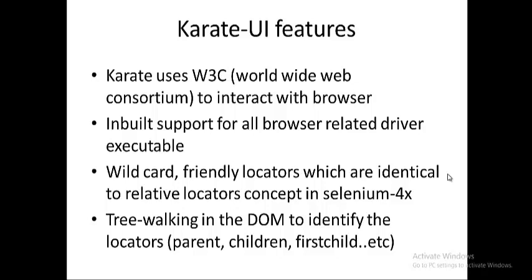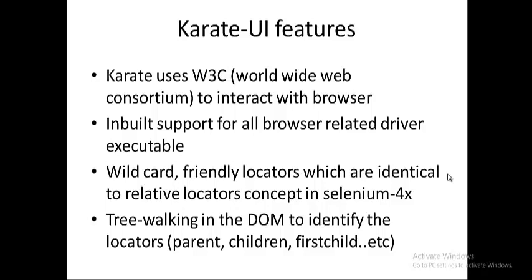The wildcard entry and friendly locators will help us do a closest match. Say, for example, you want to find a fourth node where the tag is a span or an anchor, and you want to look for some text; you can specify that and identify it. Also, friendly locators will help you go right of an element, left of an element, nearby, and something like that. This is one of the good features I've come across. When we discuss locators more, I'll take you through the documentation and explain how to find each and everything.